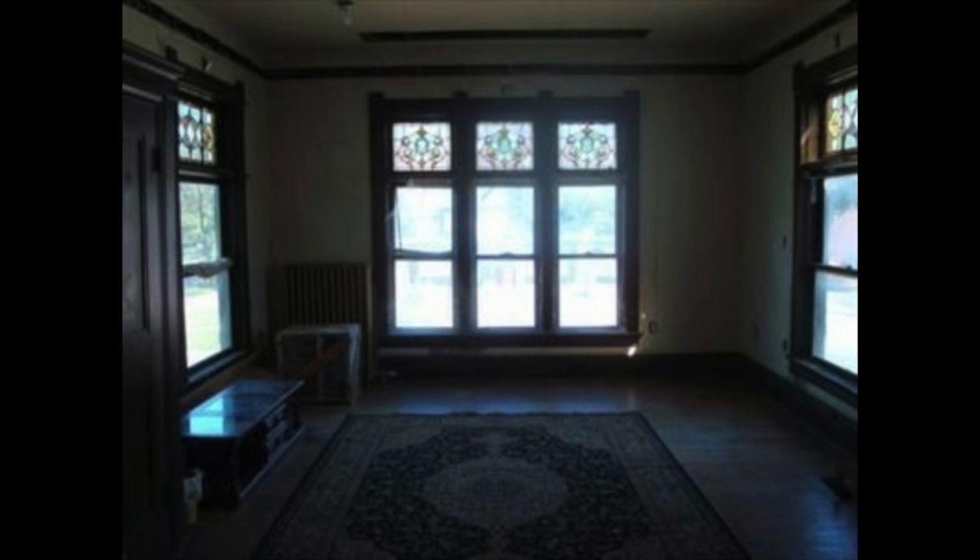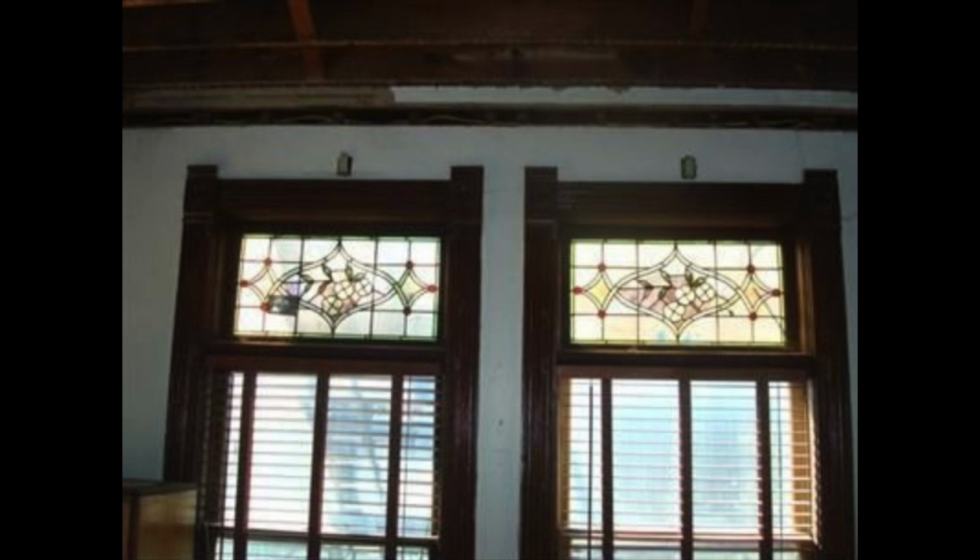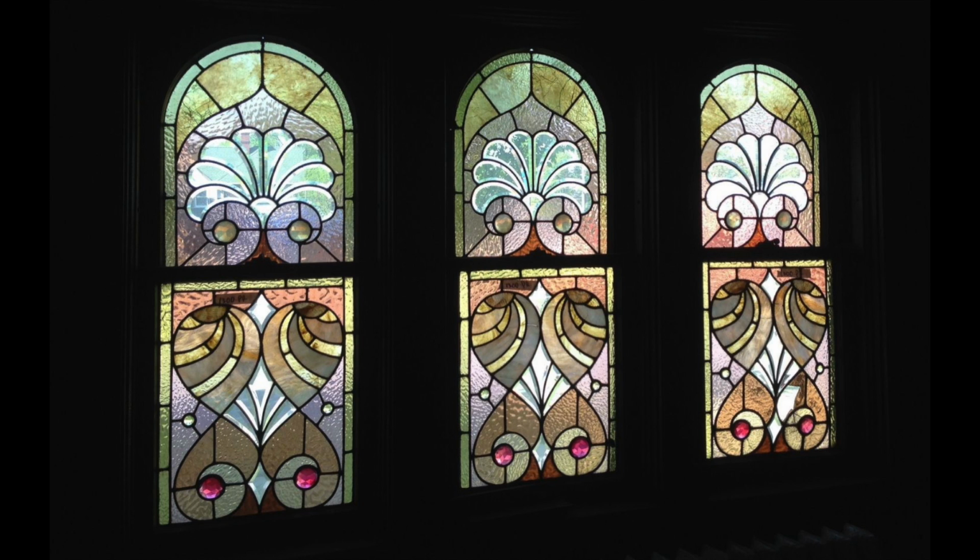I think of it as the miracle house because, and I know other people who have old house blogs, and I wasn't aware of that as much when I bought it as I am today because other old house bloggers write me and say, I am so jealous you still have your original staircase and you have all your stained glass windows and all your doors. And considering that the house has been a motel, a boarding house, fraternities, a tea house, that it was boarded up at one point,